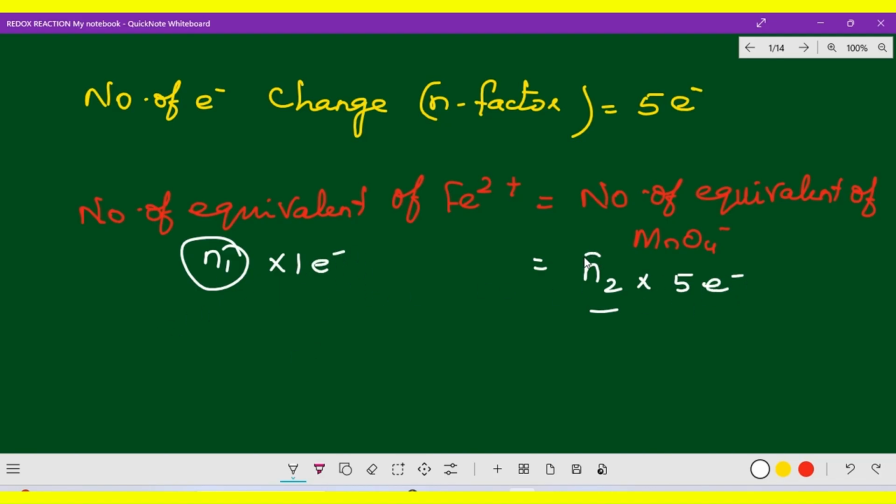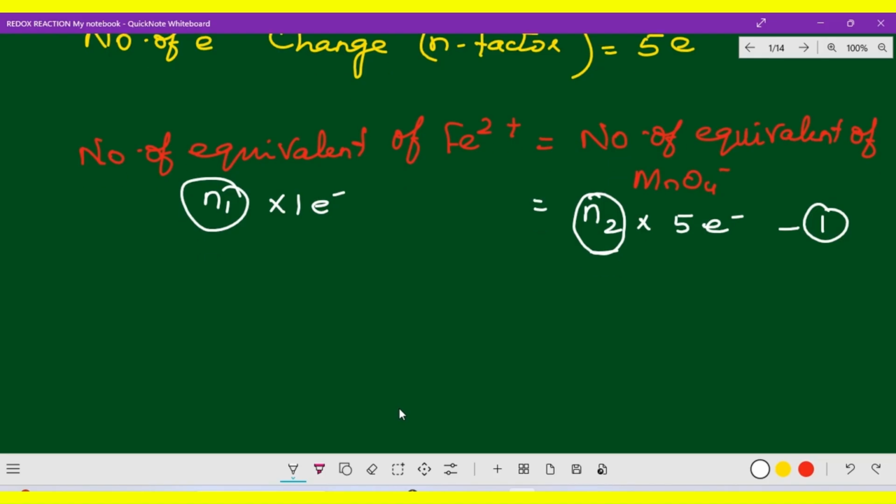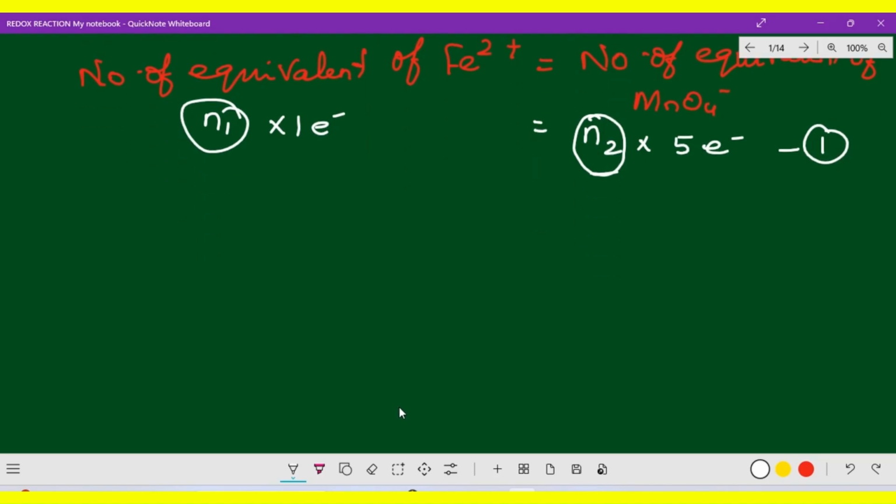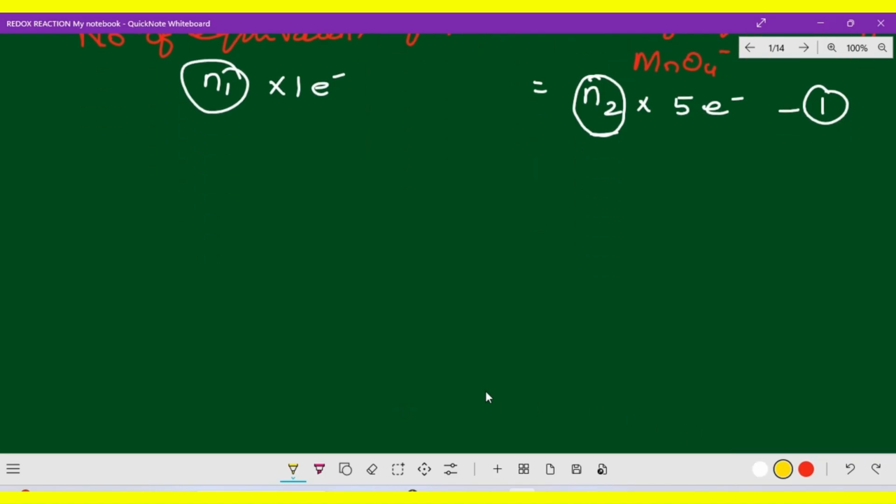So N1 and N2, we can keep as equation 1. Please remember this, because K2Cr2O7 is also available. We have to compare and find out the ratio of the moles. That is what I just mentioned at this point. Okay, now the same way,